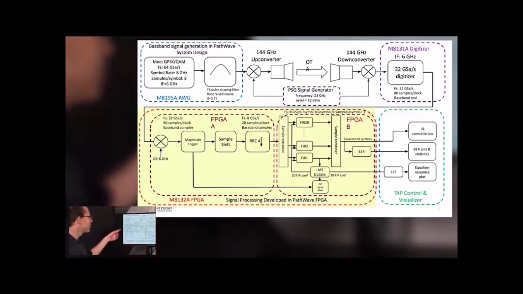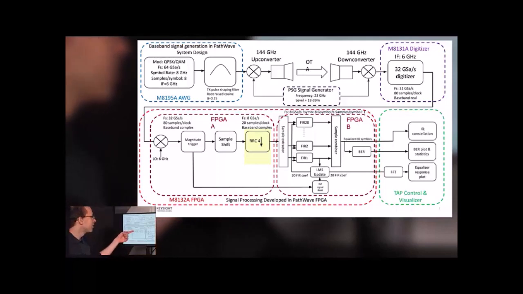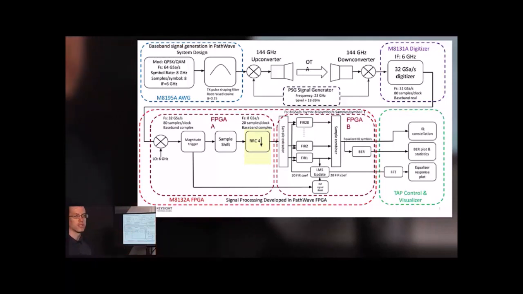The digitized data is first downconverted to baseband with an LO block, and then we trigger on the beginning of the waveform. The waveform data is oversampled by a factor of 4, and the channel equalizer runs at the symbol rate. So we need to use a root raised cosine decimating filter to decimate down to the symbol rate. Once we are down at the symbol rate, the data is sent across an inter-FPGA link to the second FPGA